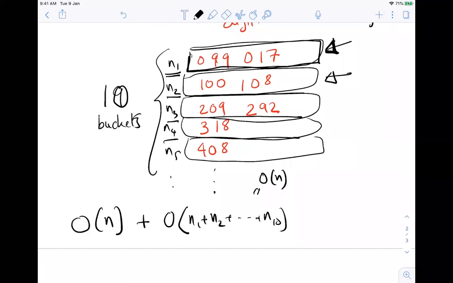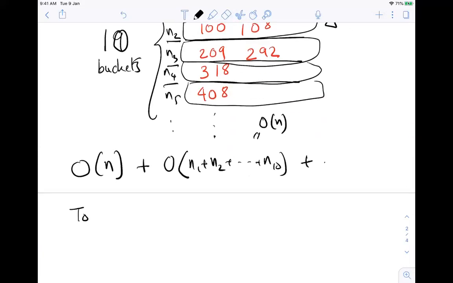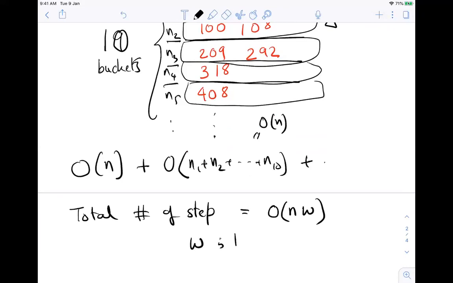And then I would go for the next significant digit, and I continue like that. So in other words, the total number of steps is order n times w, where w is the number of digits. Note that this is very interesting.